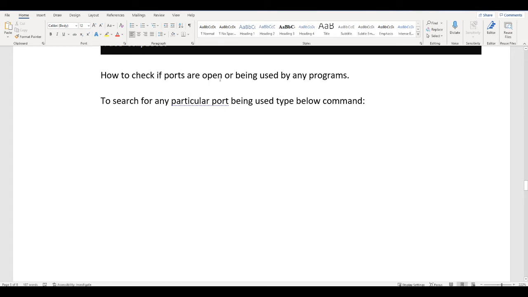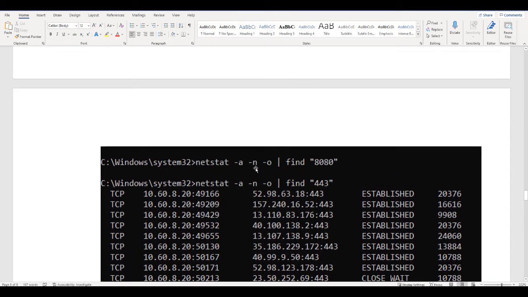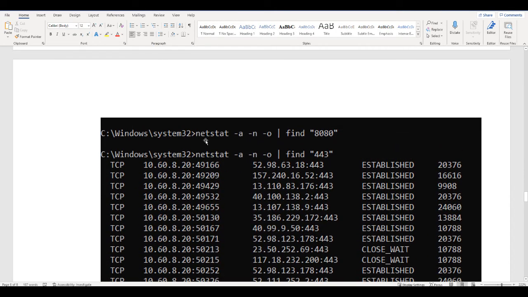How to check if ports are open or being used by any programs? To search for any particular port being used, you have to type the below command in the command prompt: netstat -a -n -o | find.